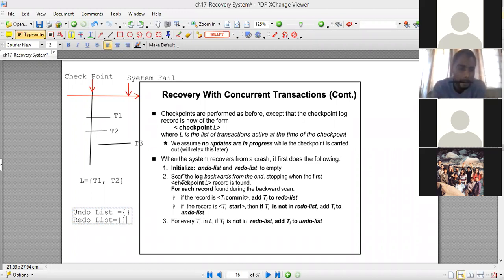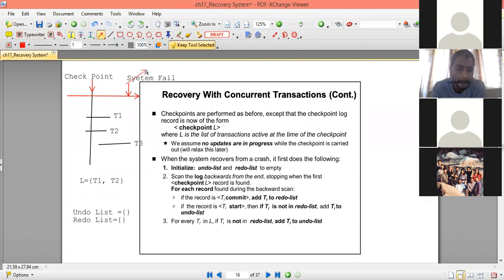Now scan the log backward from the system failure point. We will scan the log records backward, in this direction.